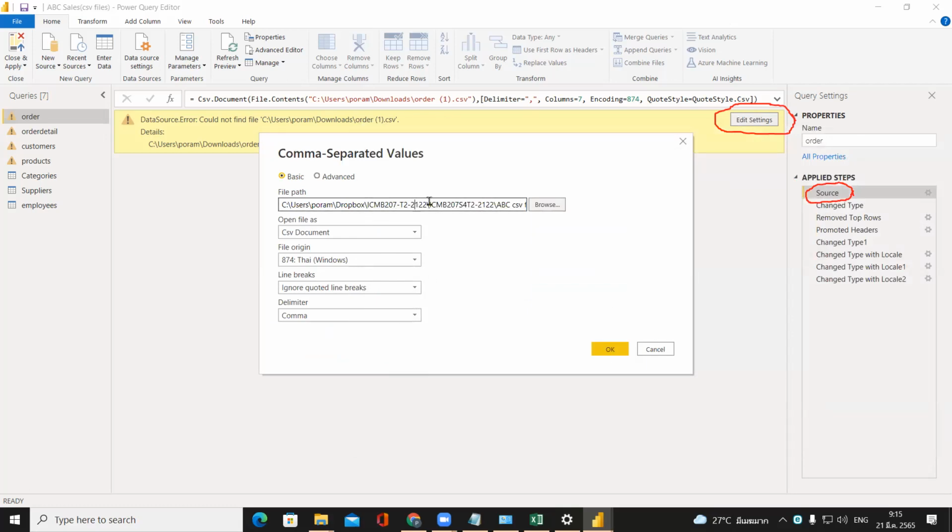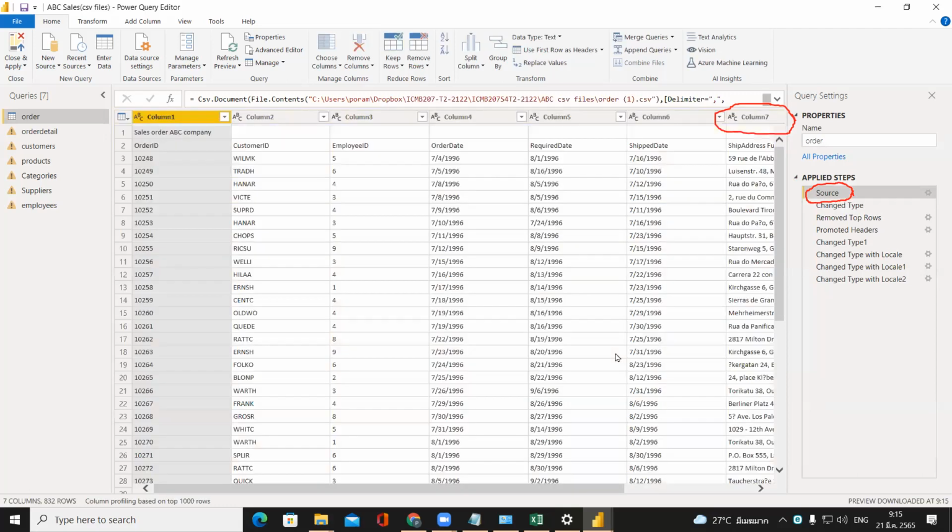Now the file path is changed already to the file in the new location for us. When you have this, click OK, click OK. Now the file comes back already, see that. Okay, by the way, because we have to remap everything,